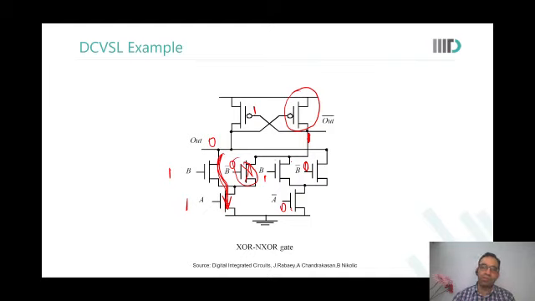Debajit, you have a question. Sir, in this differential cascode thing, I think this example is very favorable to this particular design, right? Because I was thinking of, let's say, a NAND gate. In that case, PDN1 and PDN2 designing would be very tough, right? No, they will largely be duals of each other. But then rise time fall time matching would be difficult again. Yes, that will happen. But you're absolutely right.